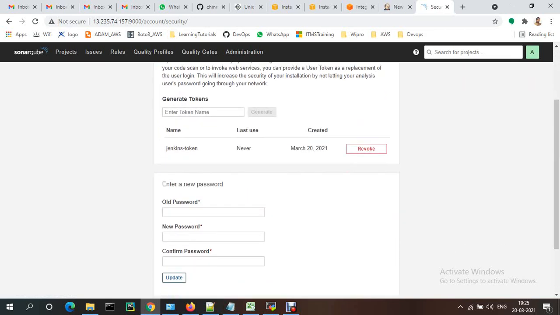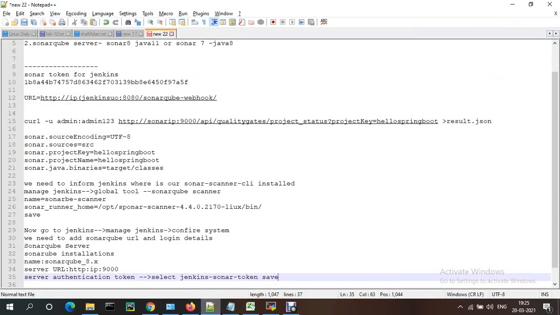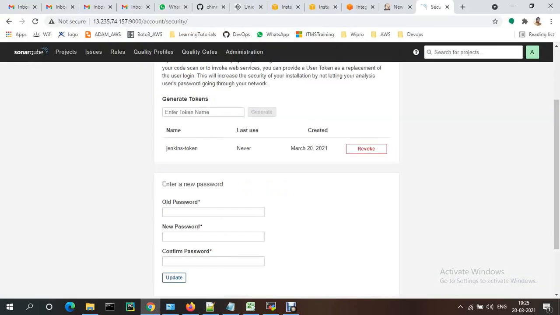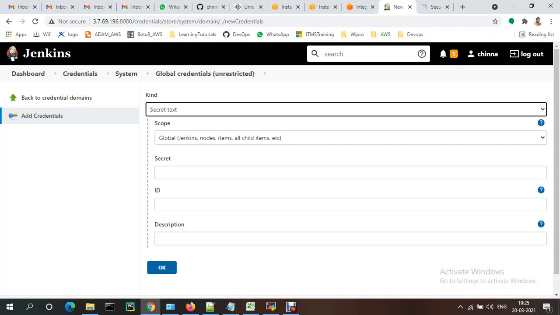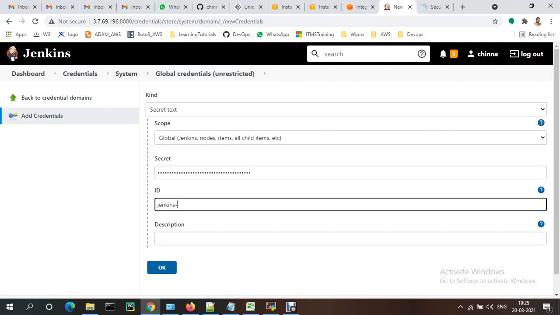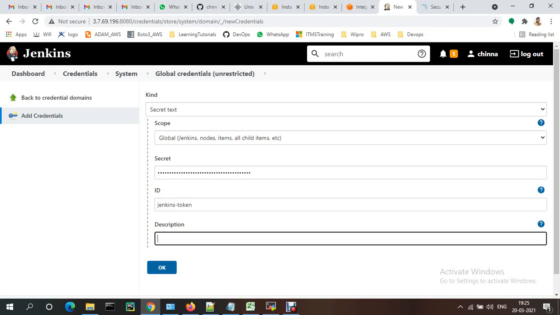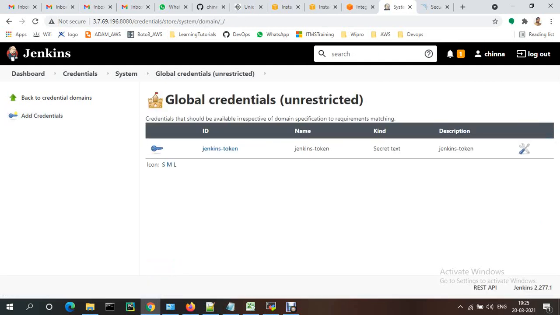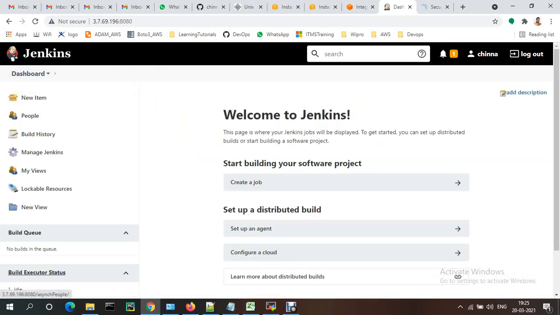That token we need to copy here. I already copied the token, so I'm pasting it here, the Jenkins token. I'm giving the description also the same. Okay, this is done.